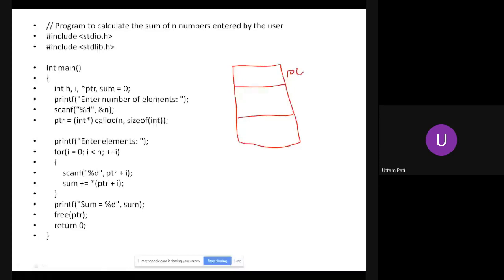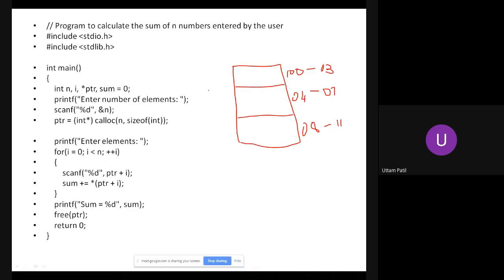Since the size of integer is 4 bytes, here it is 100 through 103. So 4 bytes are allocated for the first element. Then 104 through 107, so up to 107 the second value will be stored. Then from 108 to 111, the next value will be stored.